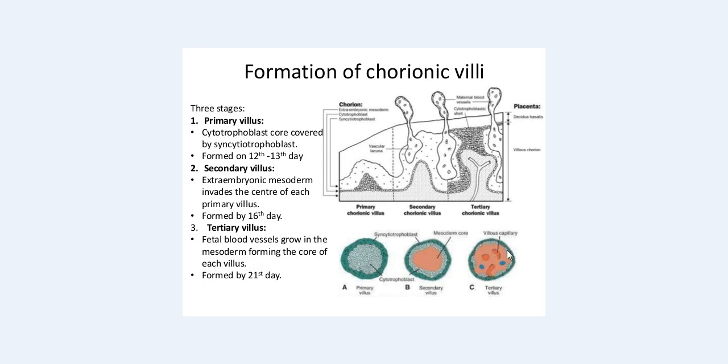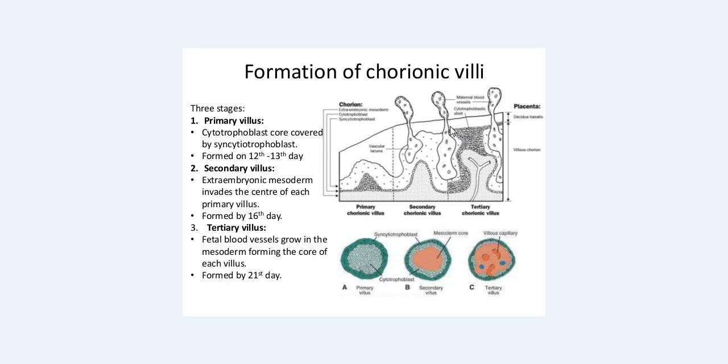So now this looks like the structure of a tertiary chorionic villus by the 21st day post fertilization, and this is the bare essential of all placentation, because now it becomes a functional unit. Now there can be an exchange between the maternal and fetal blood vessels of nutrients, macronutrients, micronutrients, drugs, chemicals, and of course oxygen and carbon dioxide.